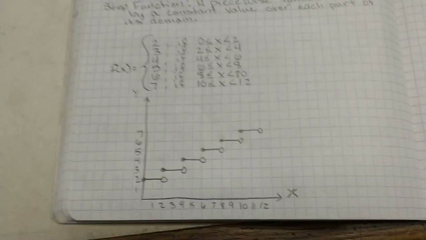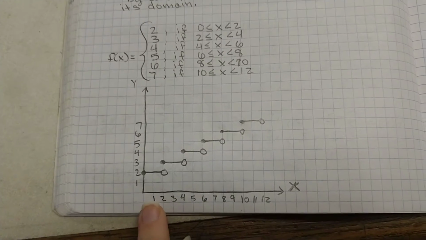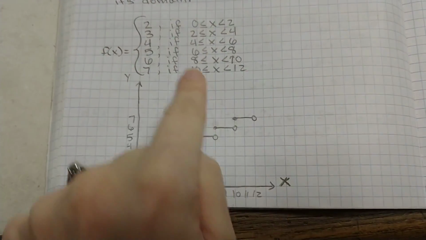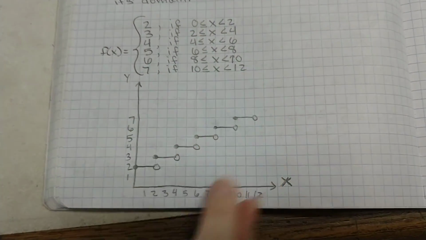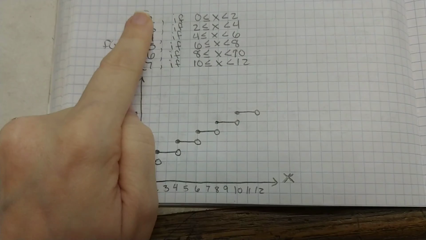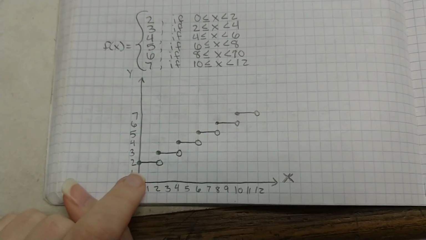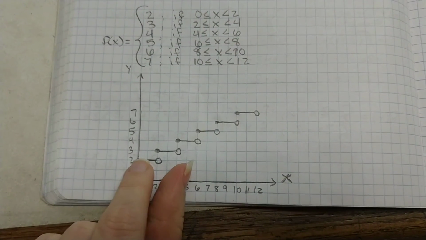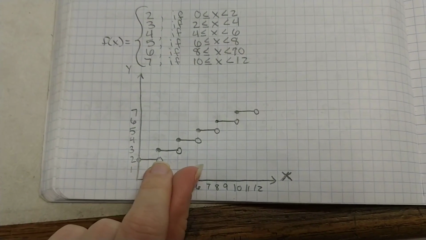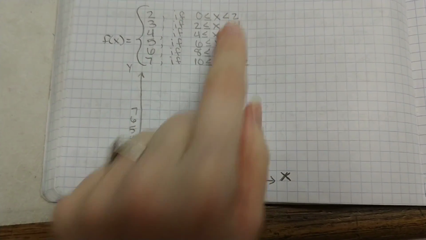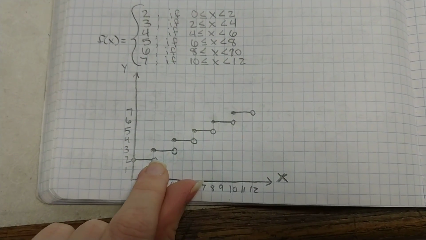So I went ahead and made a graph. I have my x's 1 through 12, because these are my x values that I need. 0 to 12, so I have 0 to 12. My y's are these ones, so I have 1 to 7. So I'm going to go to 2 on my y, and I'm going to put a closed dot, and I'm going to draw a line until I get to 2, because my bound is from 0 to 2. Open circle, then I'm going to go up to